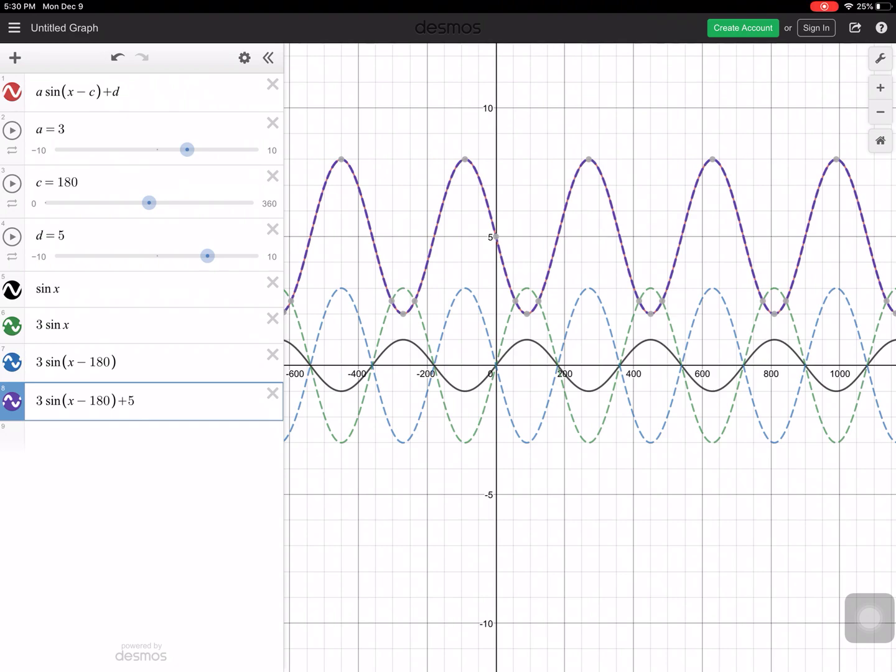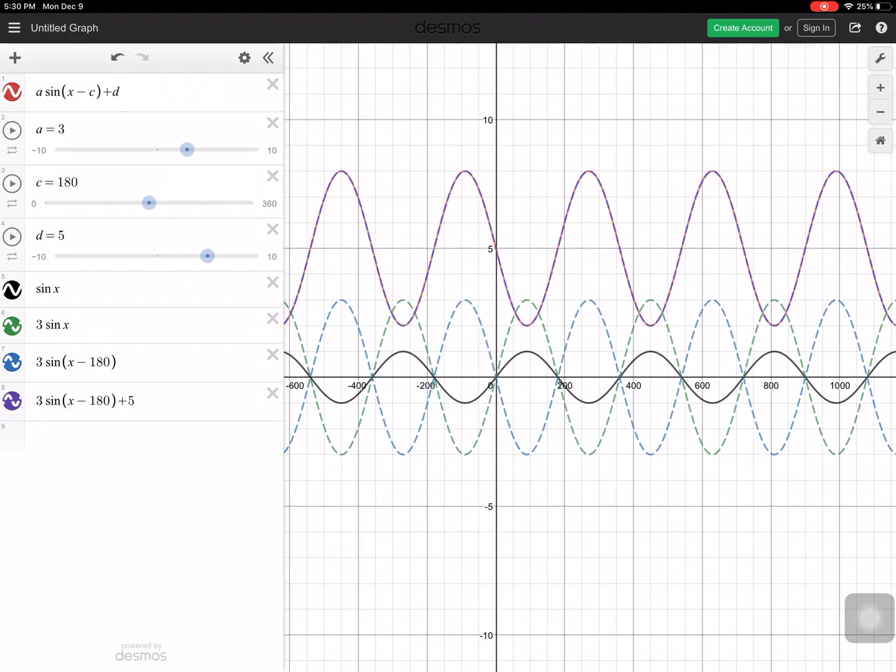So we start at the black line. We move to the green line, becomes more pronounced. From the green, we go to the blue. We shift it 180 degrees to the right. Even though it's negative, we shift to the right, just like in quadratics, negative is to the right, positive is to the left. And then finally, we go up 5 units. So the middle of this moves up to the 5 here. That's the general idea of